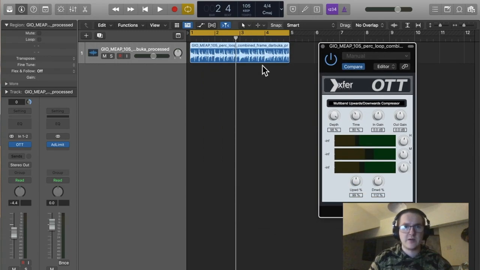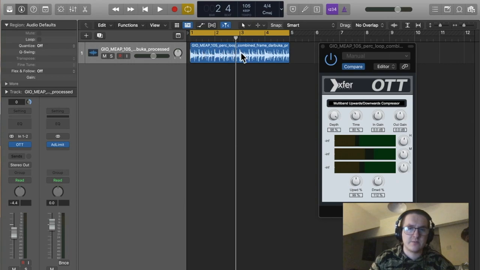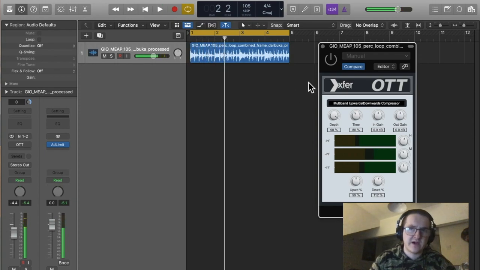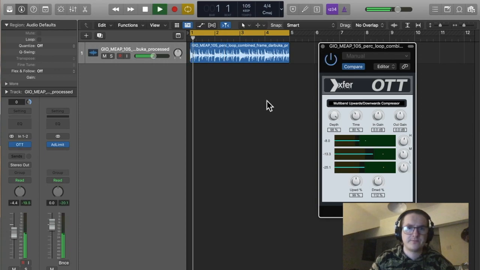Just as an example, here's a sample from Splice of some Indian percussion. That's without, and then if I turn it on,